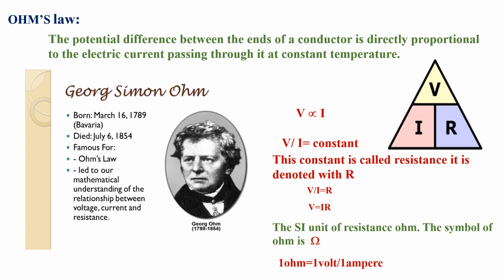Okay? So, the SI unit of resistance is ohm. The symbol of ohm is Ω. Here, the symbol is being given, Nana, because he has identified it, so we have given his name to it. So, 1 ohm is equal to 1 volt by 1 ampere. R is equal to 1 ohm is equal to 1 volt by 1 ampere. Okay, Nana? So, let us go further.